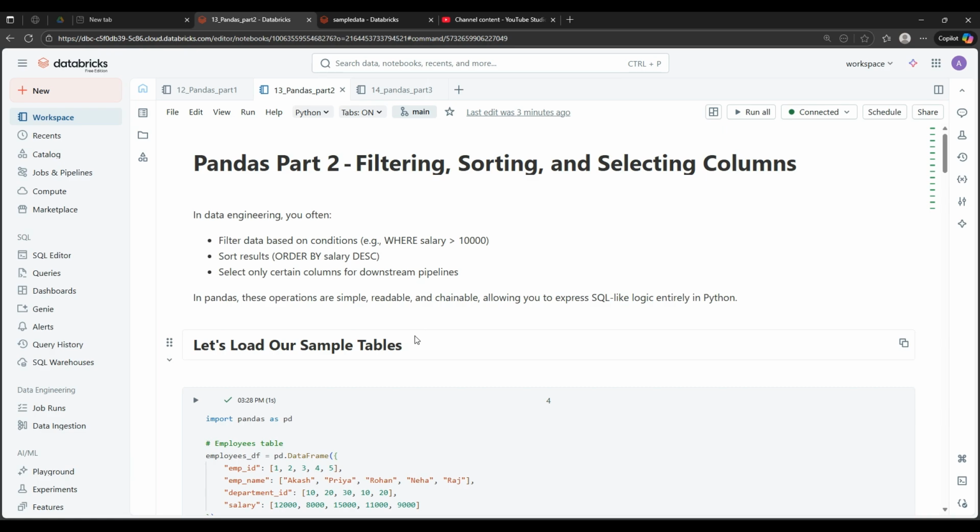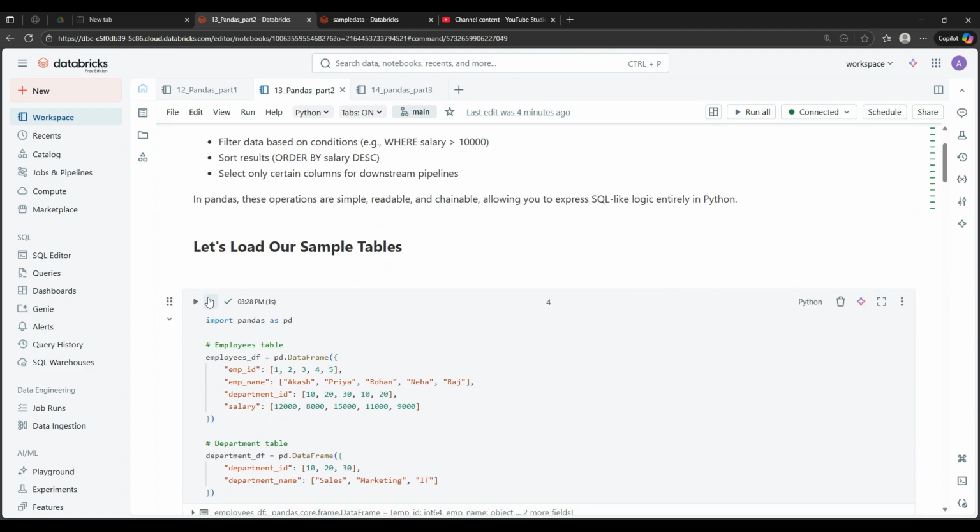Welcome to day 13, filtering, sorting and selecting columns using Python Pandas. On day 12, we have learned how important the Python Pandas library is for data engineering context. We use this day in day out. Let's try to understand the different functions in that. The first one is filtering, second is sorting, and third is selecting specific columns. These three functions will be the focus in this particular